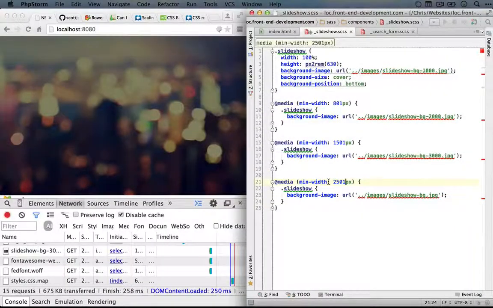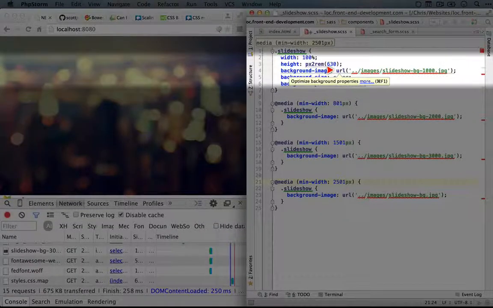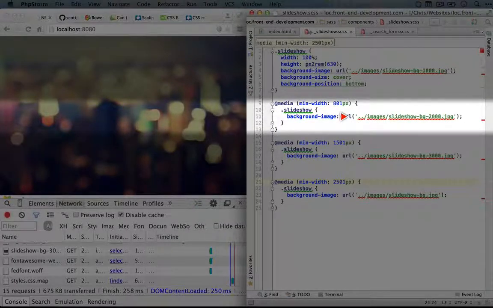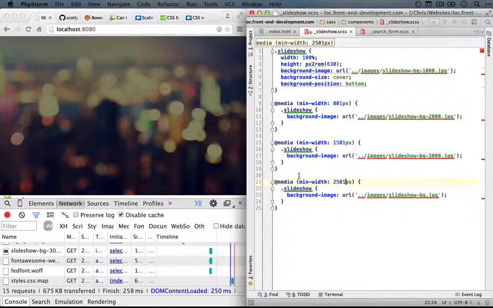So you may have noticed, if you were trying to work out in your head what these numbers were going to be, that min width ends up being less intuitive to think about, because this number right here is relating to whatever was before it. So up until we get to this point, we're going to use this image. And then up until we get to this point, we're going to use this image. So it doesn't feel completely self-contained to be using min width, which is why it might come across as a bit confusing.